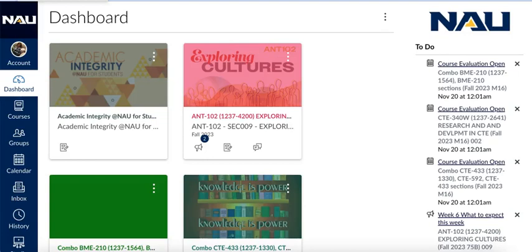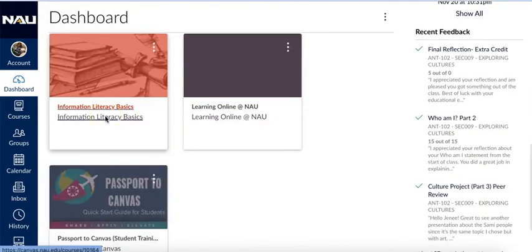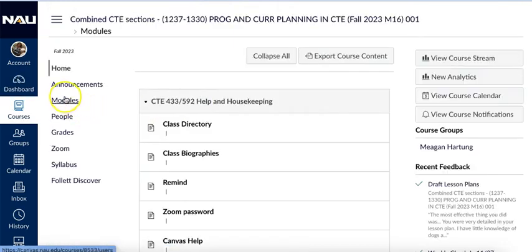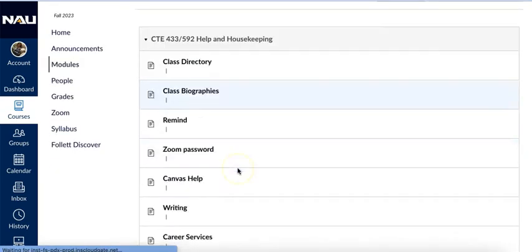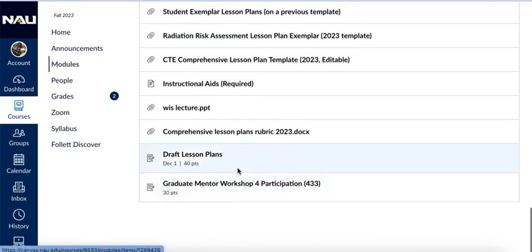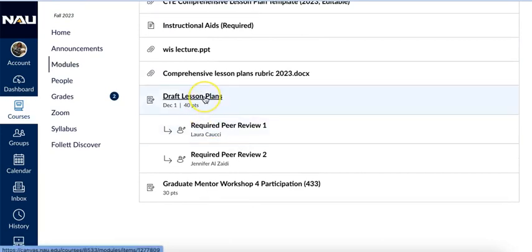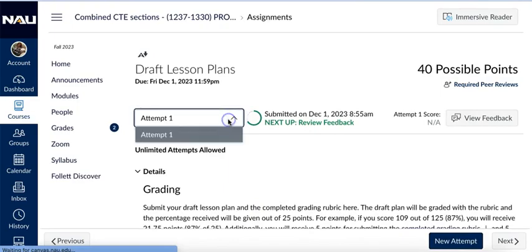I just want to show you how to do peer reviews. So from your dashboard, you're going to go into the class, find your assignment where the peer reviews are. It's been in modules. So once you get to the module, you will see that you submitted your plan in one place. So this was the place, as I go into here, that you can see I had my one